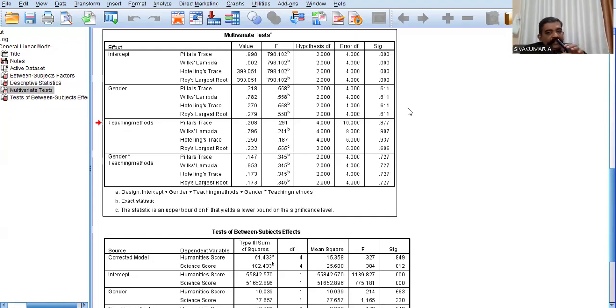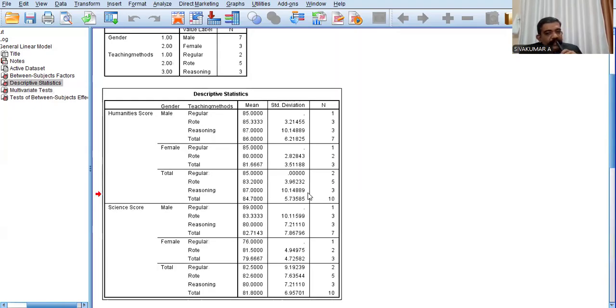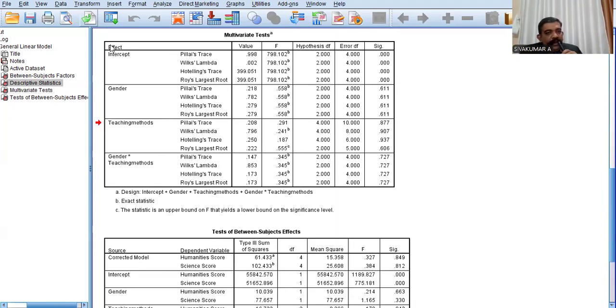Please see the SIG value. The SIG value is otherwise known as P value. Please wait, I must share the screen again to you.